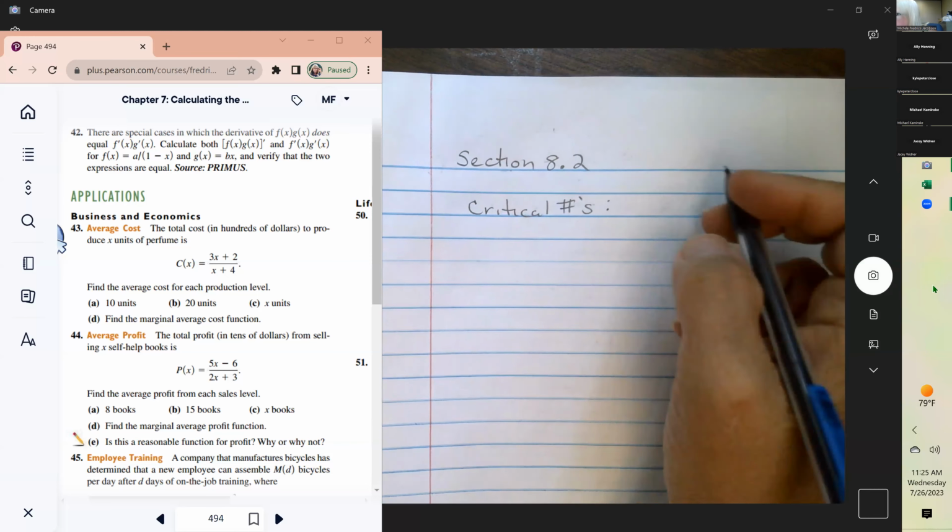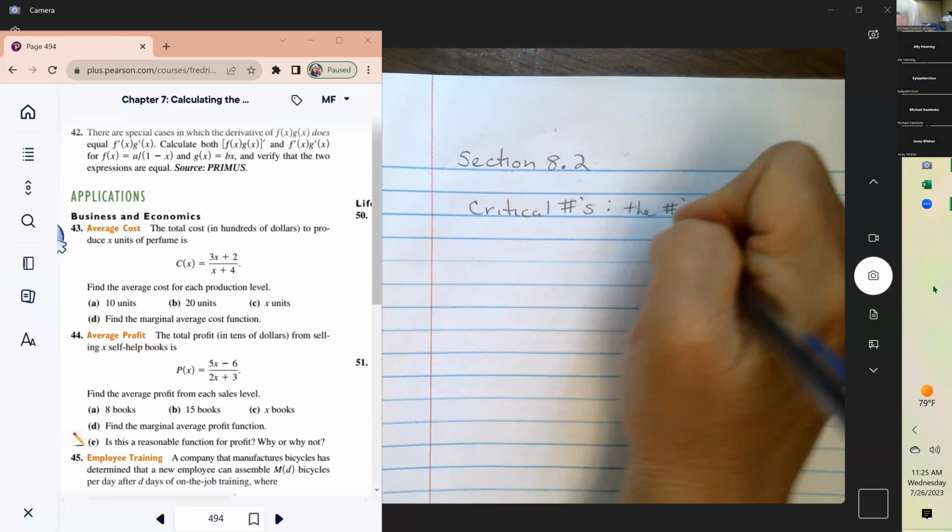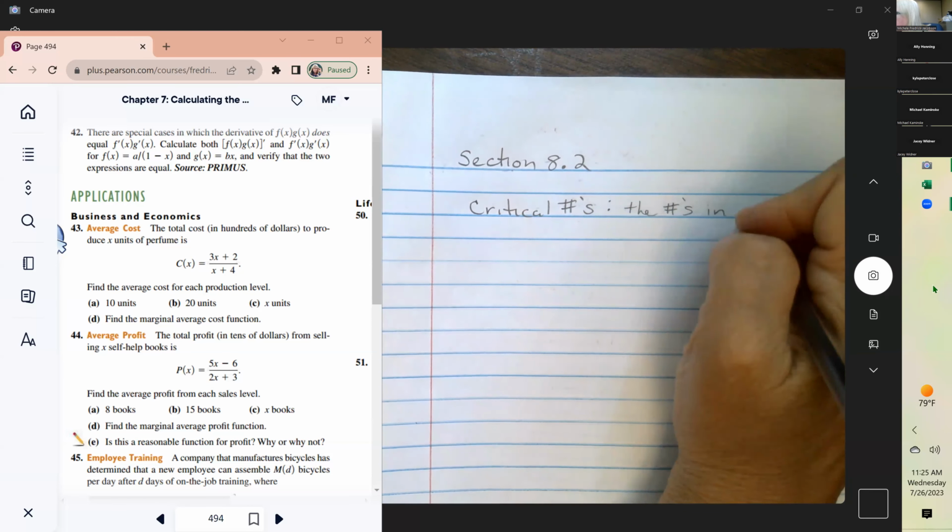And the critical numbers are the numbers in the domain